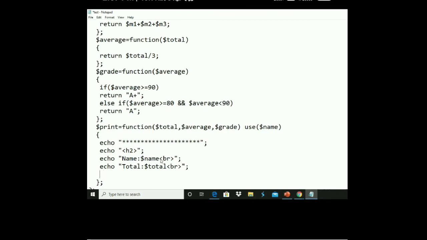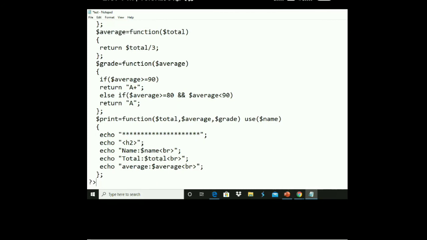And finally you can write echo average, dollar average, like this. So continue in this fashion and try to do this. I hope I have written only a portion of the program. Hardly 10% is left to do, I think. Only 10% of the code is remaining. I hope that you can do it on your own.